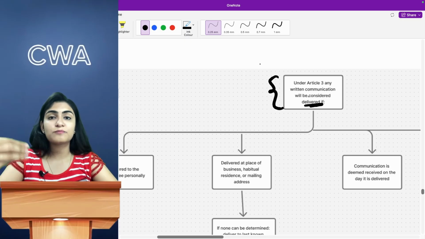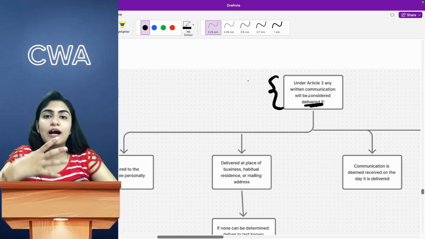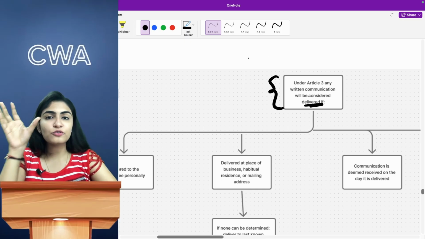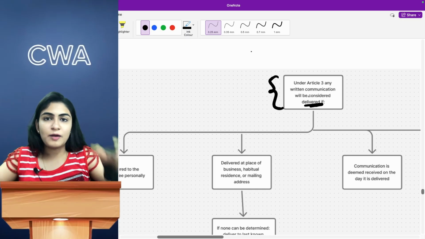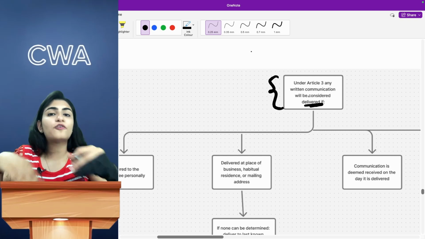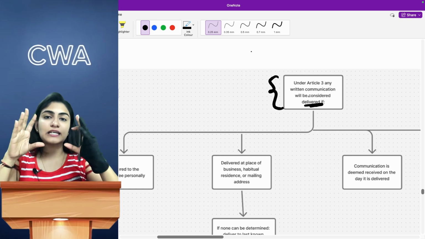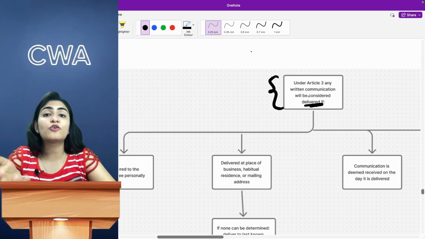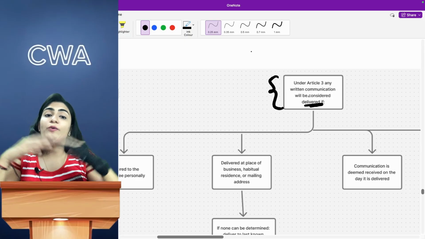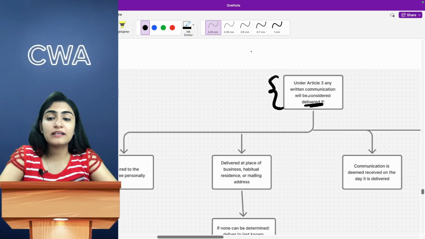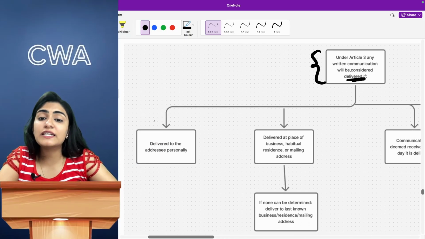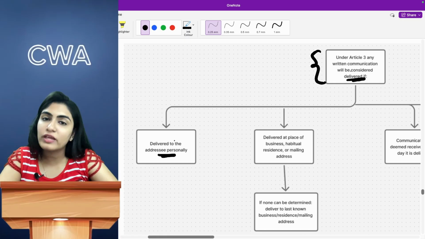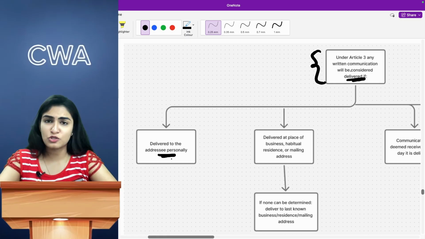Y says that we should get into an arbitration agreement and Mr. X agrees. They have to write an arbitration agreement in written form. Let's say Mr. X gets it in written form, signs it and sends it over to Mr. Y. When will this be termed as delivered? If it is delivered to the addressee personally, meaning he's personally going there and delivering, which is almost not possible